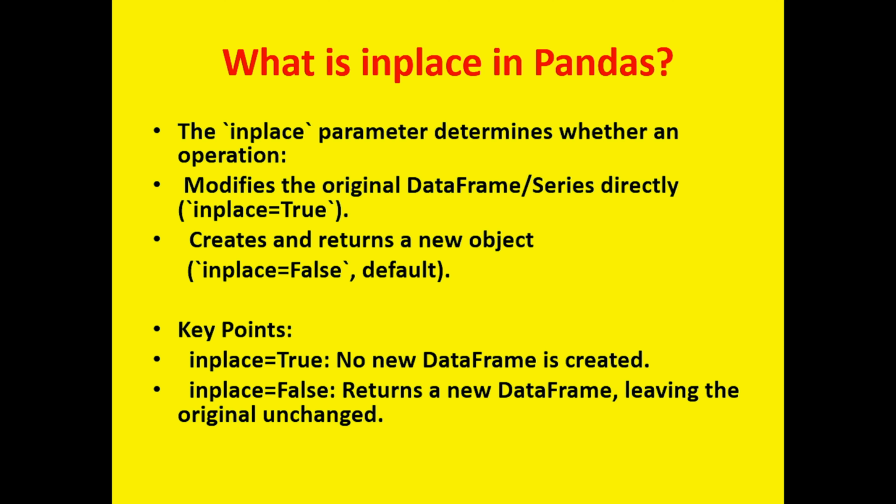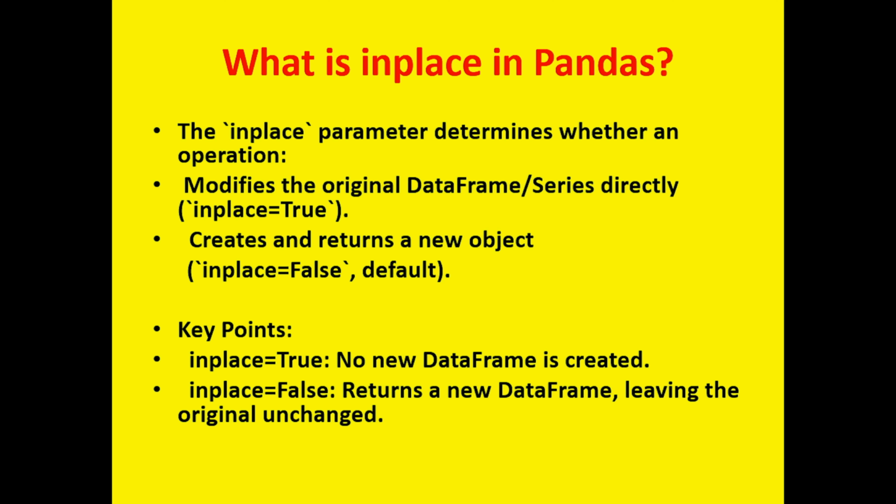So what is the concept of inplace here? If you create your DataFrame in pandas, obviously there is a scenario where you have to preserve the original data and also contain the data with the changes. So we have that facility in pandas wherein you can keep your original data unchanged along with the new data changed. So what does inplace equal to True do? It does not create a new DataFrame. It directly makes changes to your original data. But inplace equal to False is going to create a new DataFrame keeping the original DataFrame unchanged. That is the only background difference between the two.